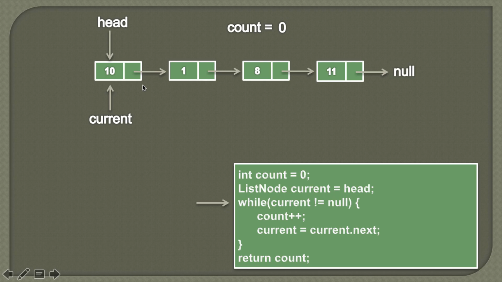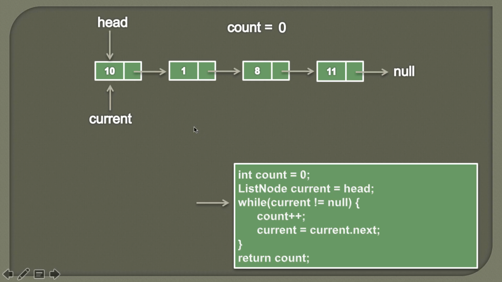So friends, in order to find the length of this singly linked list, we need to traverse each node one by one, and we need to increment the count by 1. In order to traverse each node one by one, we will provide a while loop, and in the while loop we will provide a condition that current is not equal to null. So when current is equal to null, we can come to know that the list has reached its end and there are no more nodes left to be traversed.